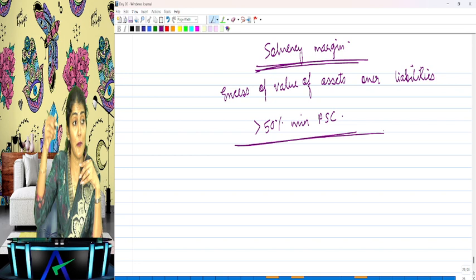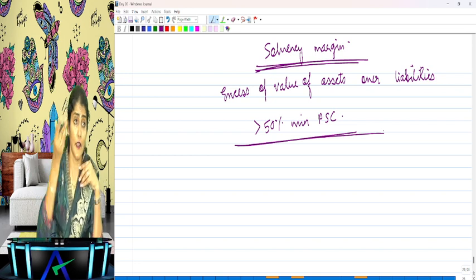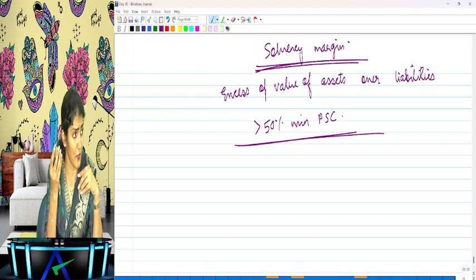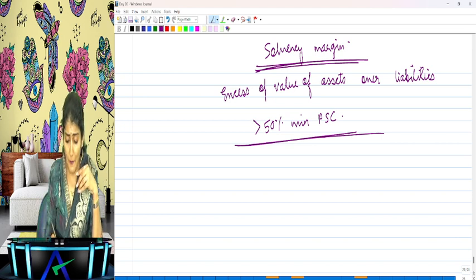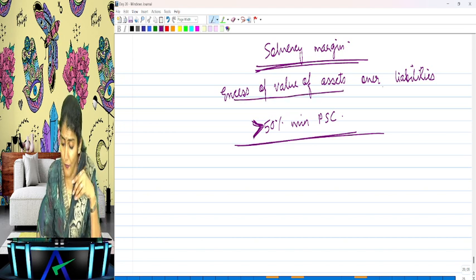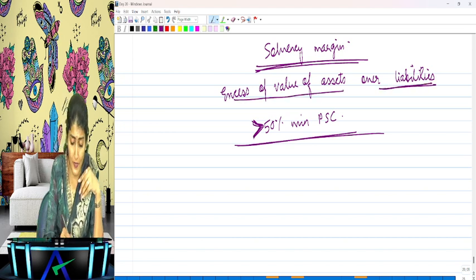What is the minimum paid up equity share capital? 100 crore. So how much should be the solvency margin? 50 crore, right? 50% of the minimum paid up share capital. Are you understanding that? Excess of value of assets over the amount of liabilities to be maintained by insurance companies